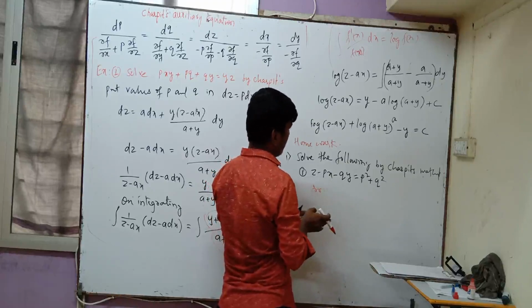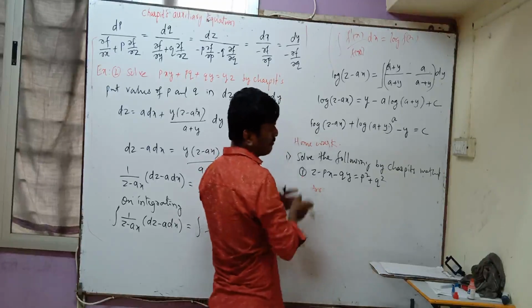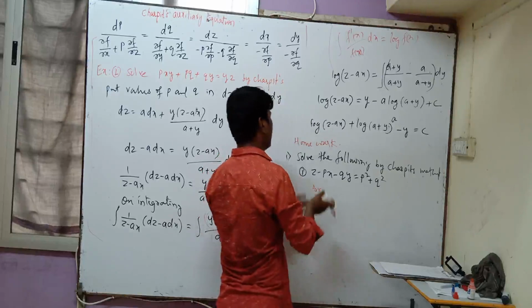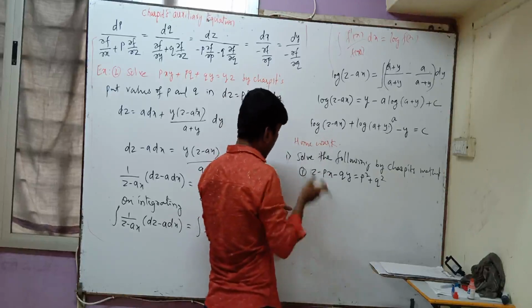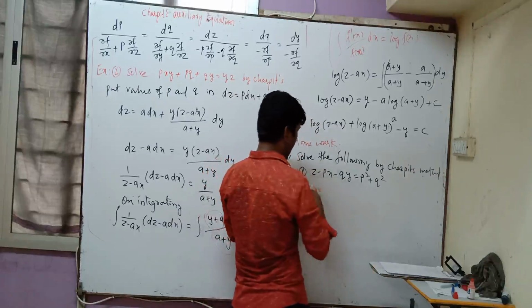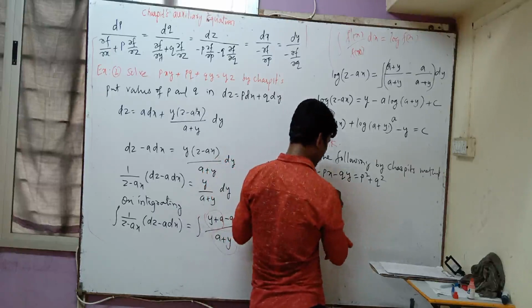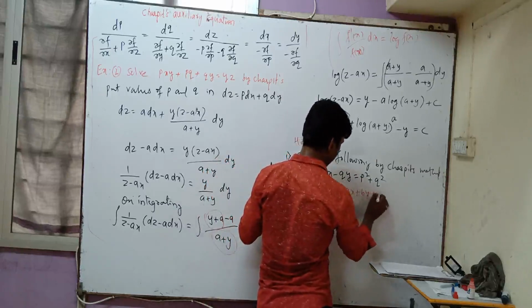Final answer, and after integration, someone simplified at length, someone stopped after the integration. So for this reason, the last final answer may have slight changes. So you don't worry about that. I will give my answer. So its answer is nearly z is equal to ax plus by plus c.